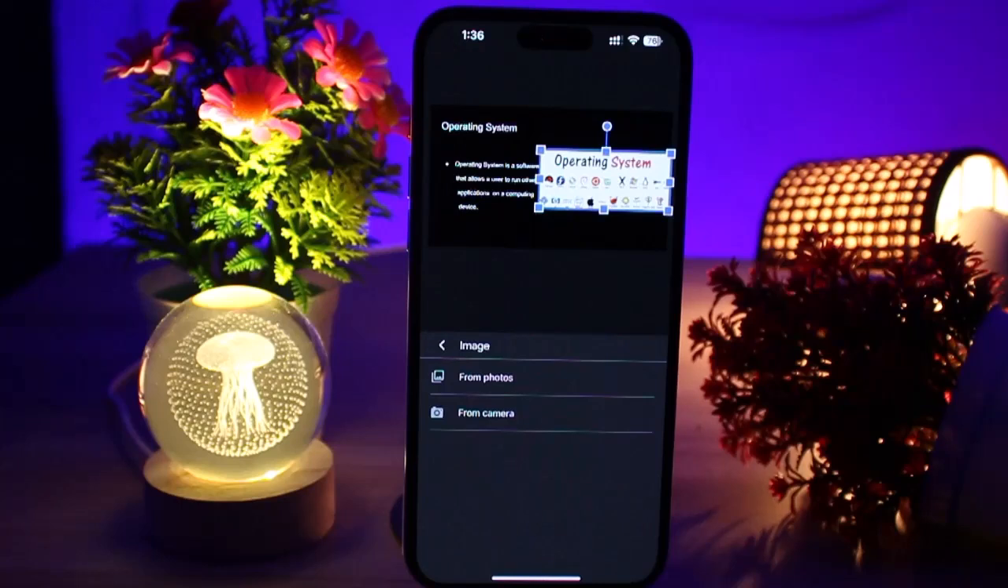And that's it guys. While the Slides app can't remove background directly, this method works perfectly on iOS or Android